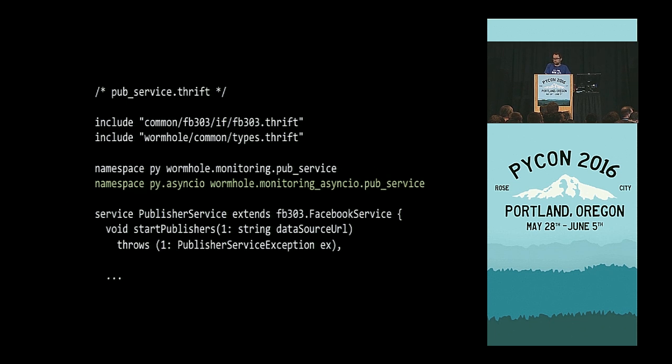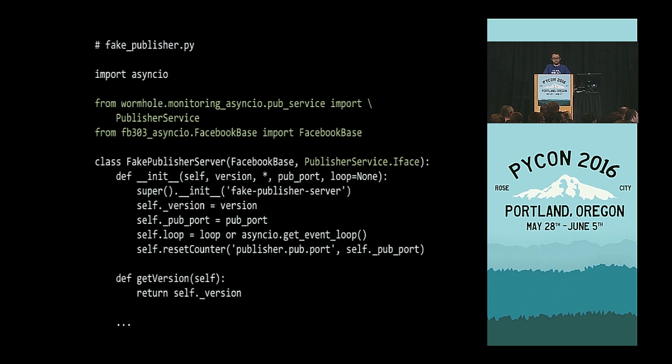Facebook uses Thrift very heavily internally. If you want suddenly to create clients and servers that are asyncio enabled, you can do this like this. You just create a new namespace, and the Thrift compiler is going to do the correct thing. When it does it, you can just import your service and then start implementing your methods that are going to create responses for you, which is pretty easy.